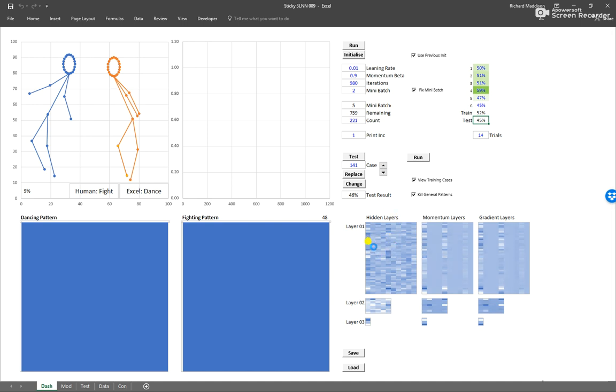These are the gradients for layer 1, layer 2 and layer 3. Layer 1 is 48 inputs. I had said it should be 40, but I was a little lazy when I categorized these arms and I double counted the pelvis and neck. So 48 inputs. I've got 15 neurons in the first hidden layer,